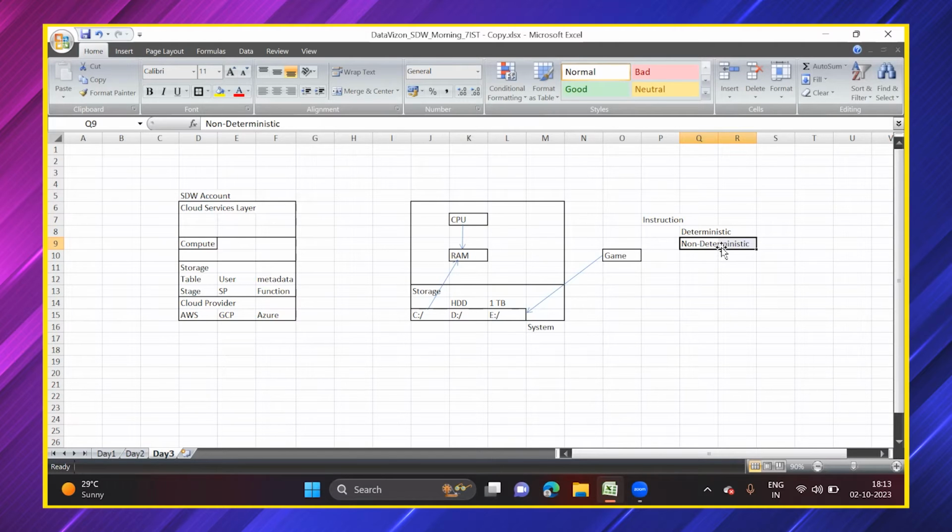So similarly, we have something called deterministic instructions and non-deterministic instructions. Similarly, we also have deterministic functions, which always give the same output no matter how many times I call them, and non-deterministic functions, which provide different outputs at different points in time. Okay. So now if the CPU is doing some processing and that specific instruction is deterministic and